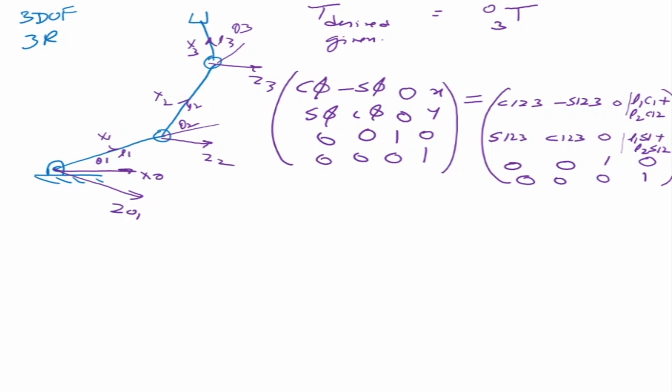As I said, we have to equate equations term by term and see how we can solve. Now if you start equating from this side, cos phi equal to cos 123, then you will not be able to solve. This has no meaning, you cannot do anything with this. Similarly, if you say sin phi is equal to sin 123, again you will not be able to solve for theta 1, theta 2, theta 3.